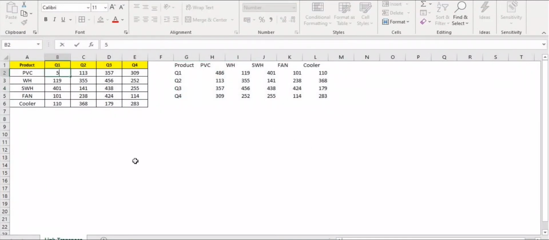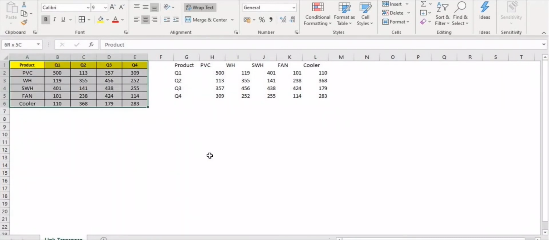So if you make any changes here, it will make changes in your transposed data also. But the problem with this formula is if you don't select the proper range, then this will not give a correct picture, which is not a practical solution if you have a large number of rows and columns. So we will see another way to transpose the data using links. So the other method is not a direct method, we have to go indirectly.